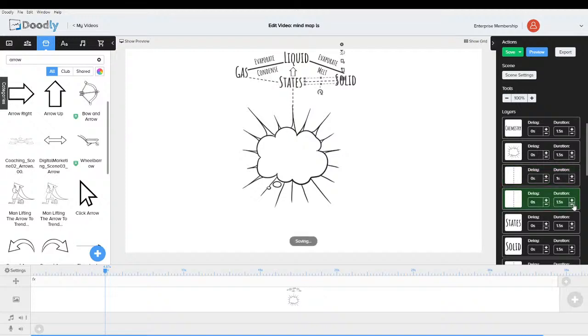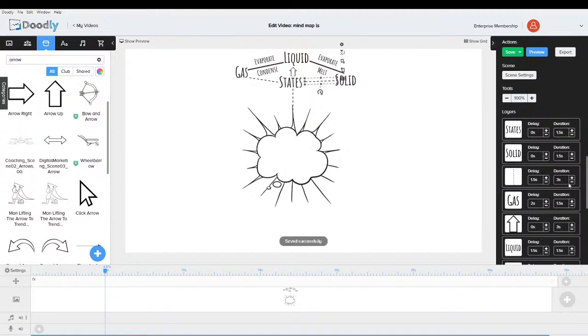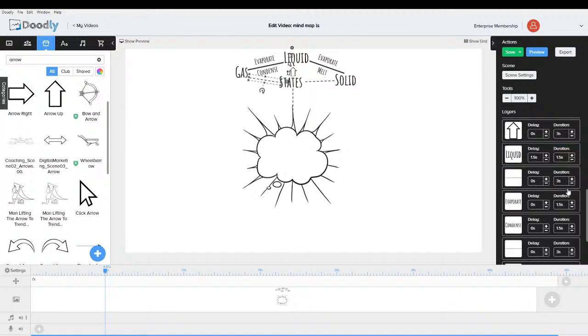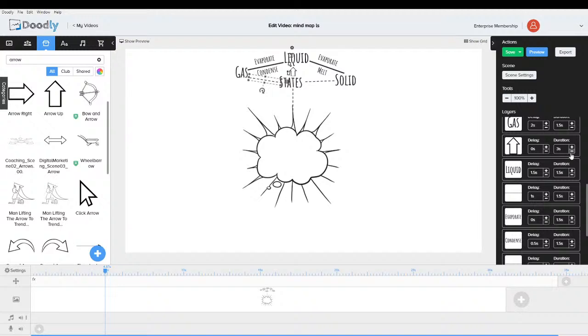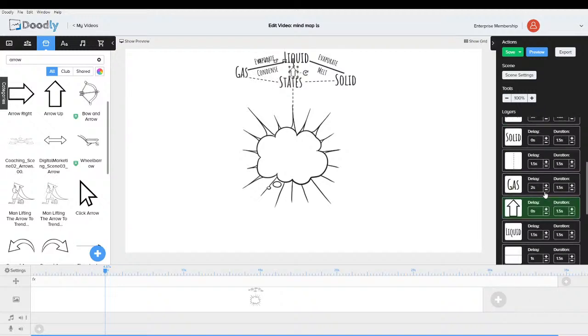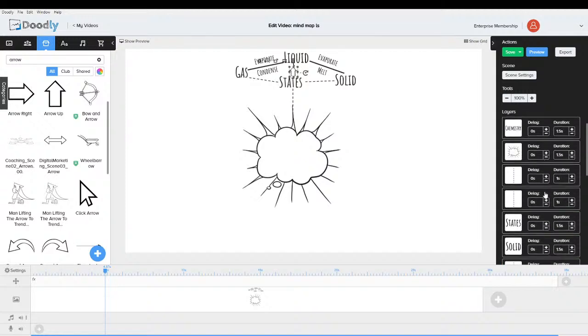I should have changed this so I didn't need to keep duplicating it. I don't mind if the words take a long time to write, but I don't think the lines need a long time to draw. So let's get that down to 1.5. Everything seems okay.